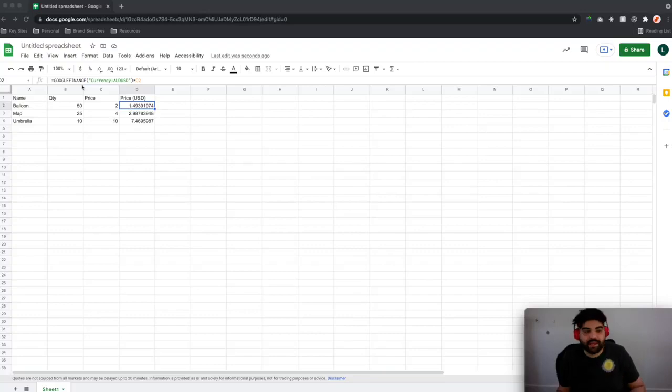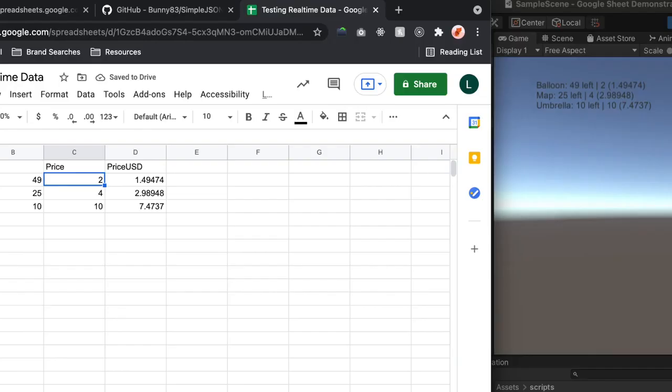Alright guys, today we're talking about real-time data with Google Sheets and Unity together. Today we're going to be going through how to take a sheet in Google Sheets and utilize that information into